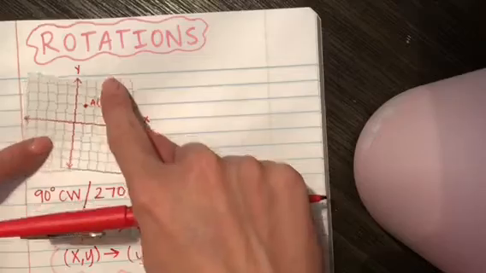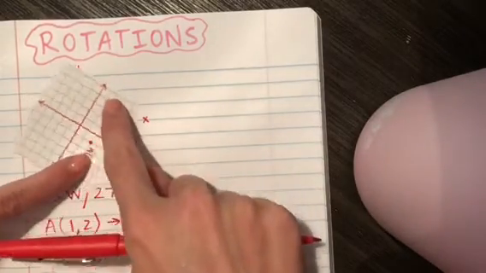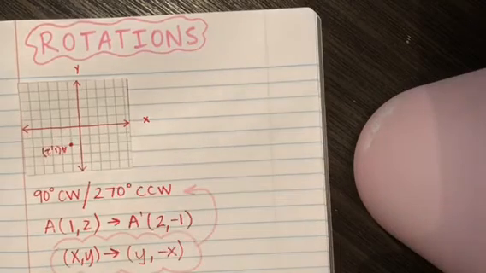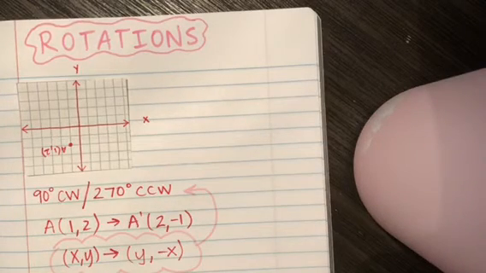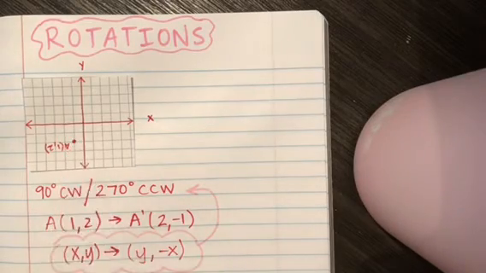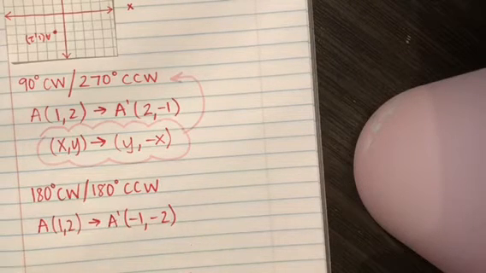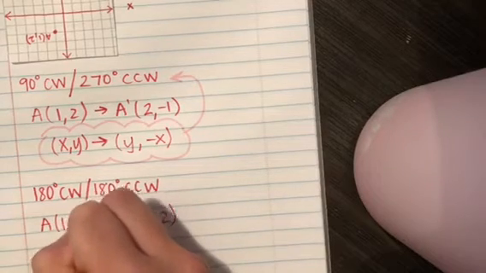So if we swap the X and Y axis, that's 90 degrees. Let's swap the X and Y axis one more time, and it looks like we are sitting at 180 degree rotation. A is now at -1, -2. So let's list this down here, A prime: -1, -2. So take a look. It doesn't look like X and Y swapped places. It looks like in this case they just swapped signs. So let's represent that with a rule. X, Y goes to